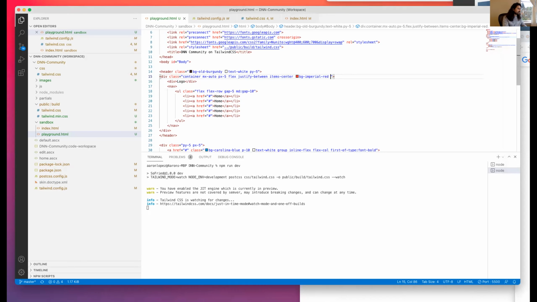Actually, I've never tried RGB. So let's try this BG, and then you just put in the value, and then it's added into the system. That works for literally anything. You don't need to configure that. That's just the JIT engine figuring out you want to put some custom value in, and it just drops it in there.